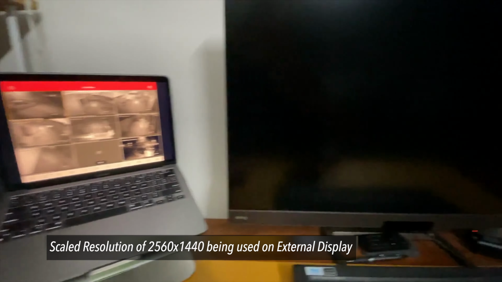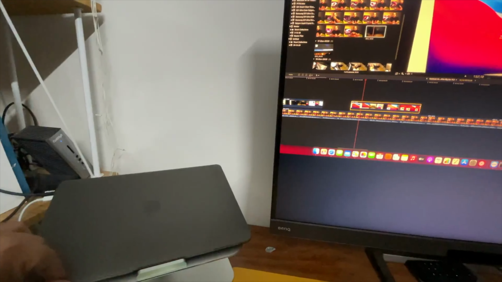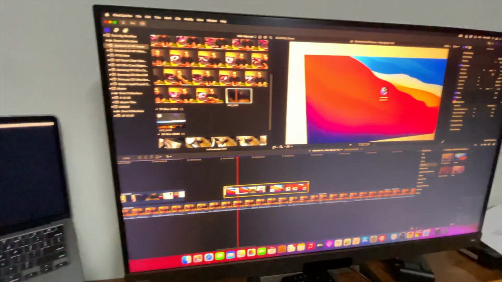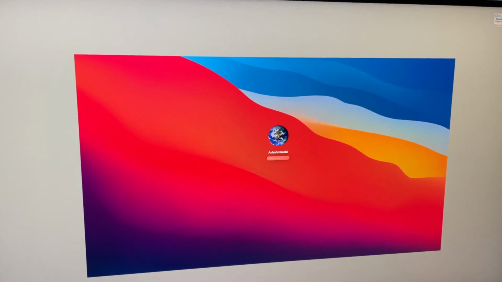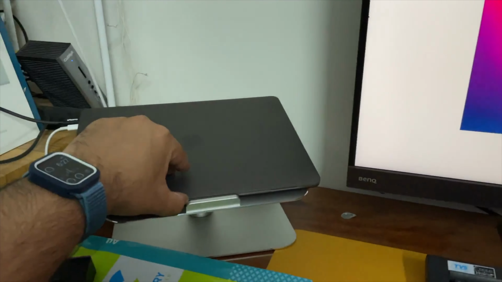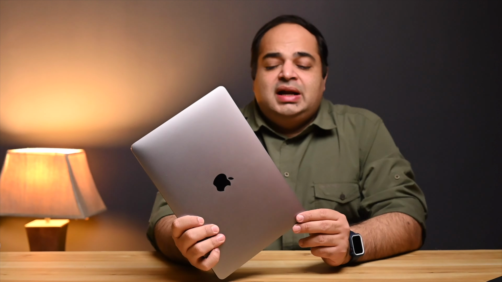However, there is good news when it comes to another issue, which was relating to the fact that whenever you returned to an M1 MacBook which was connected to an external display, and when you tried to wake this computer up from sleep, if you were running a scaled resolution on that external display, you would see a very small windowed mode being produced on that display. Then you had to open the lid of the computer, shut it down again for the computer to recognize the correct set scaled resolution for that display, and then it would output the correct resolution to the external display. But that has changed with Big Sur 11.3 and now 11.3.1.